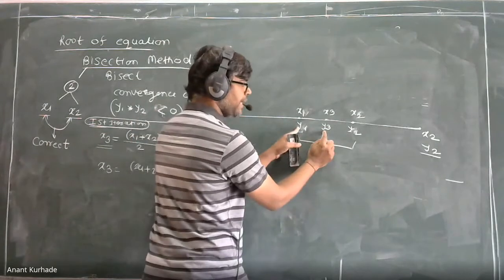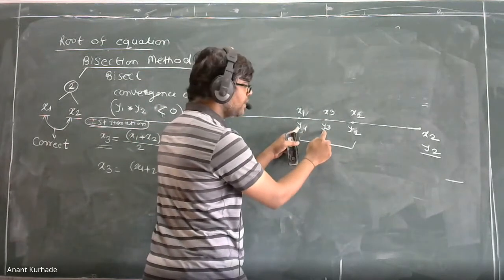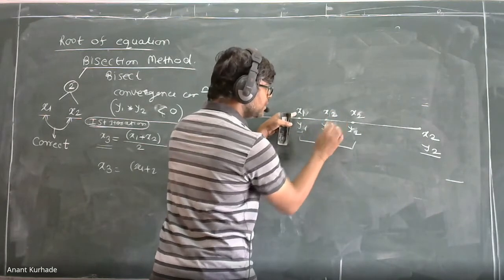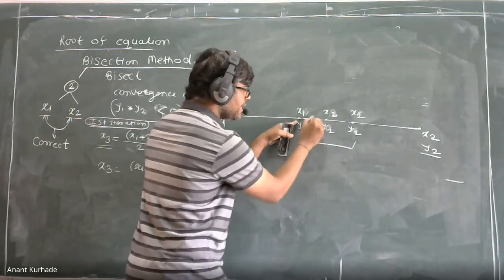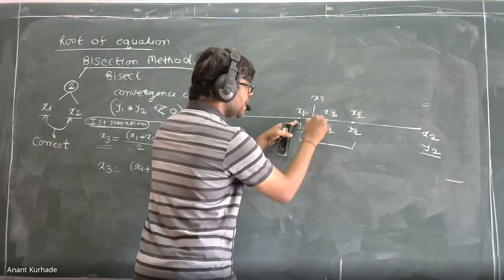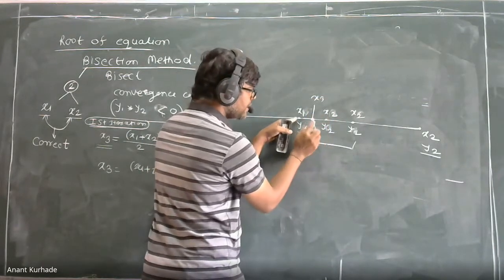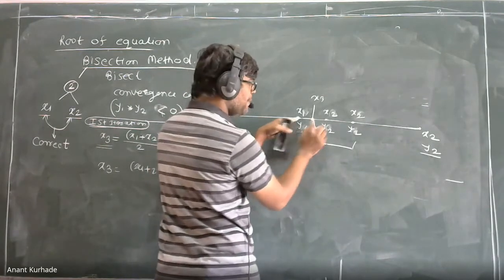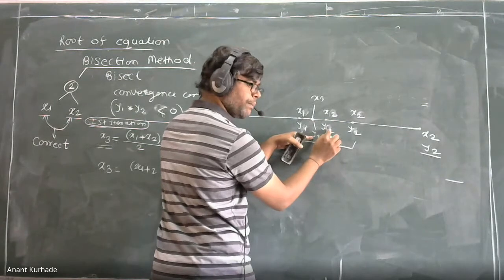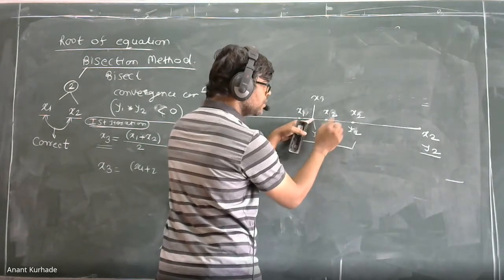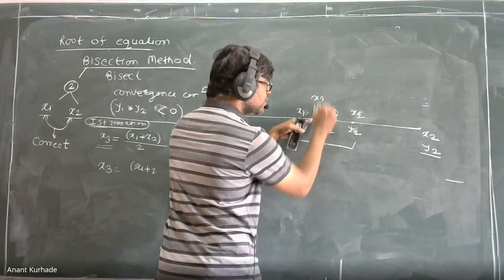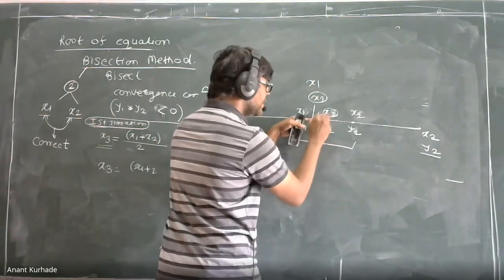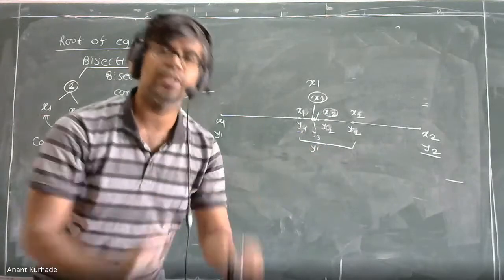Now again with the multiplication, it is minus. Then we can say the root lies between these. So x1 is as it is. Replace this x3 by x2. Again find out x3 and y3, and check y3 times y1. If it is plus, cancel; the root does not lie between these two. If it is minus, the root lies between these two. So again you are approaching towards the exact root.